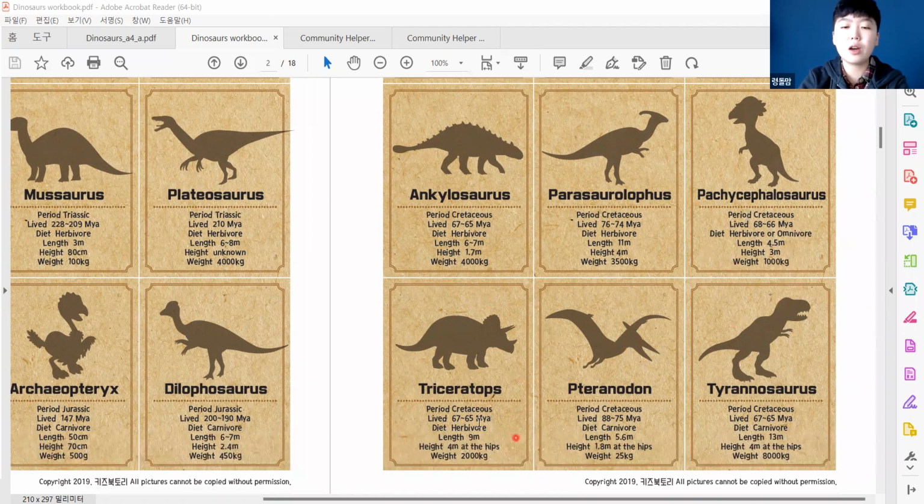All right, so here we go. This is famous for its horns. So this is called the Triceratops. It lives in the Cretaceous period. It has an herbivore diet. The next one is Pteranodon. What is different about the Pteranodon from all of these other dinosaurs? The Pteranodon can fly, right? It has wings, so it can fly high up in the air, and it has a carnivore